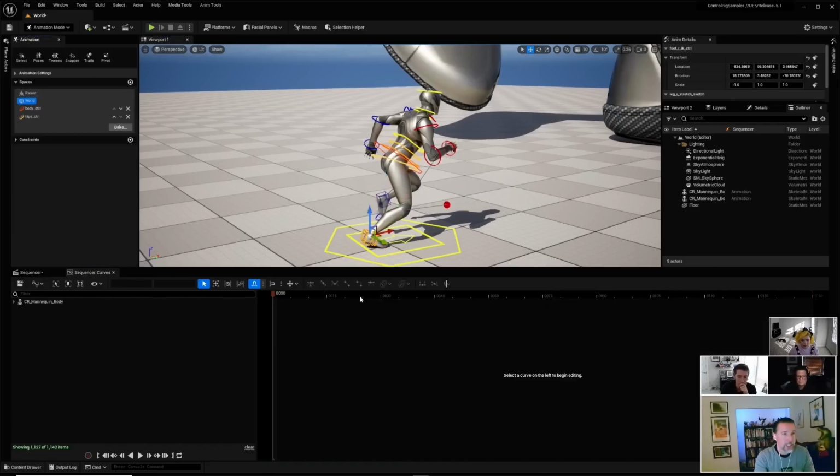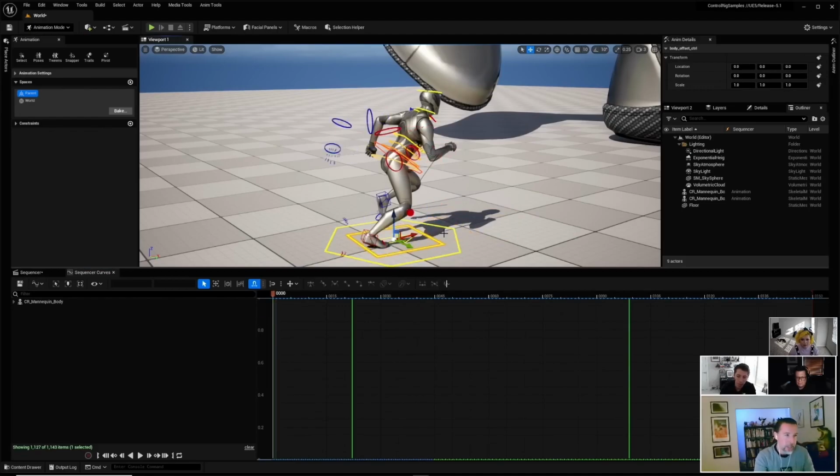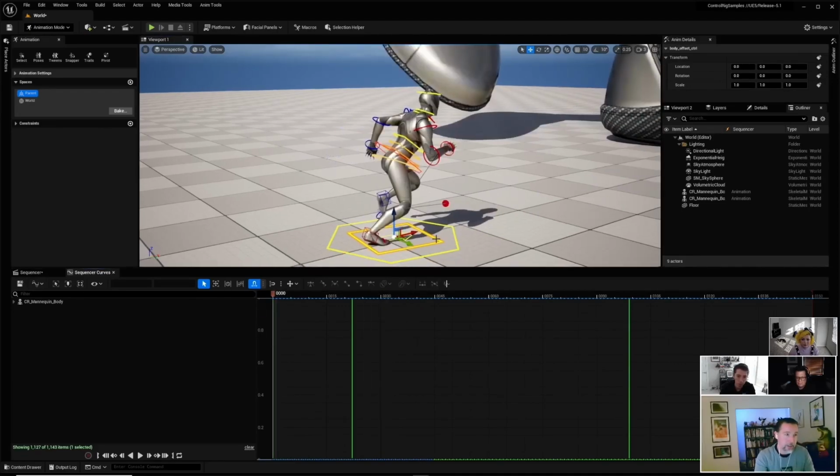So I've now detached the feet and the body from the global controller and also from the body offset. They're not there because now they're in world space. So what does that mean I can do? Now that means I can do whatever I want to these three guys. So I'm going to select,